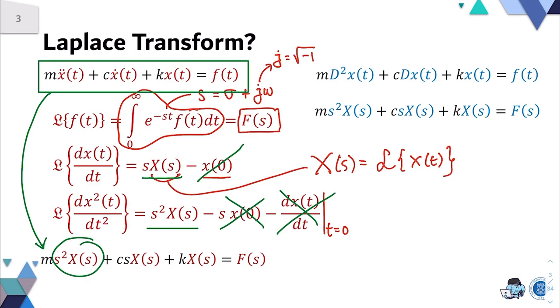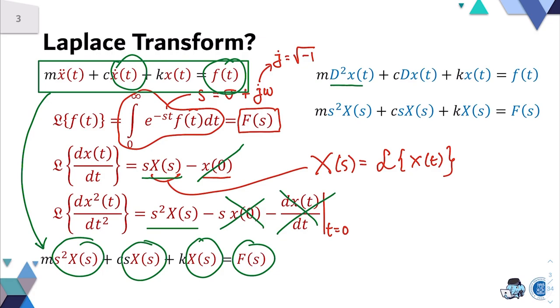Initial conditions are zeros, and then x dot will be s multiplied by X(s), and x(t) will be X(s). Last one, f(t) will be F(s). Okay, so for students who haven't got an explanation regarding Laplace transform in the class, simply you can use Euler style,